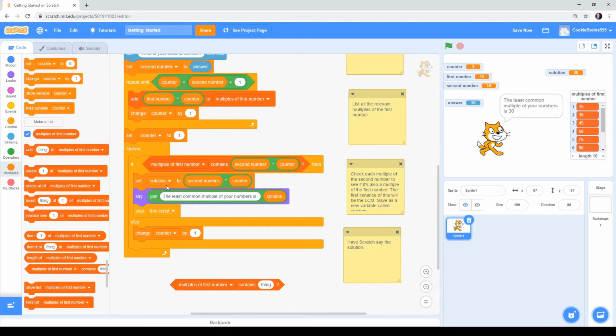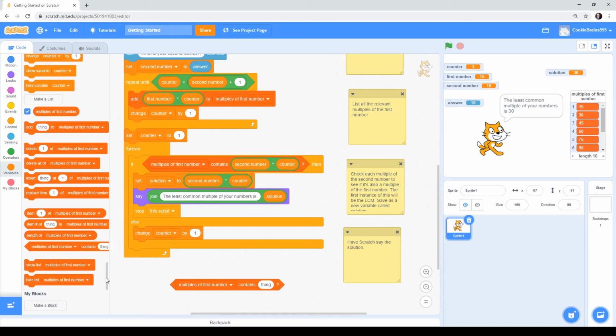The first time that we find a number that's on our multiples of the first number list that is also a multiple of our second number, since we're doing these in order, then we'll right away have our solution. So that is only to say, though, that there are all of these orange blocks that do things with both our variables and with the list. So if you're thinking about different ways you might want to manipulate numbers, you'll look in all of these orange blocks. And I didn't use all of these in this solution, but I want to show you that you can also